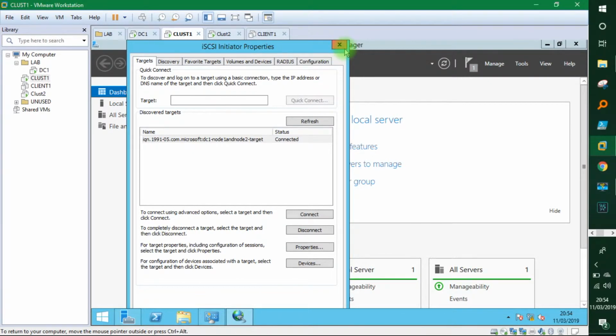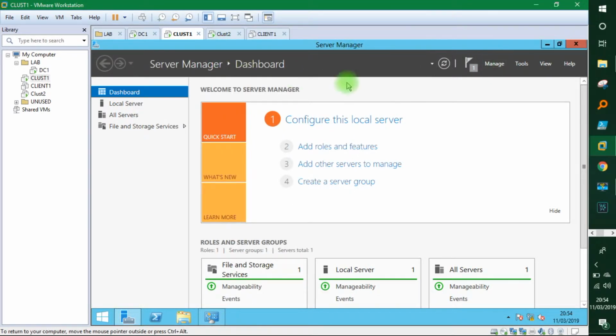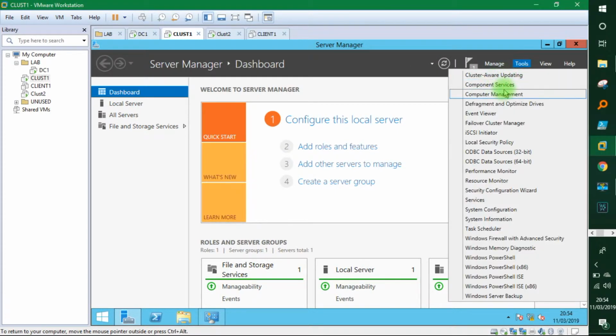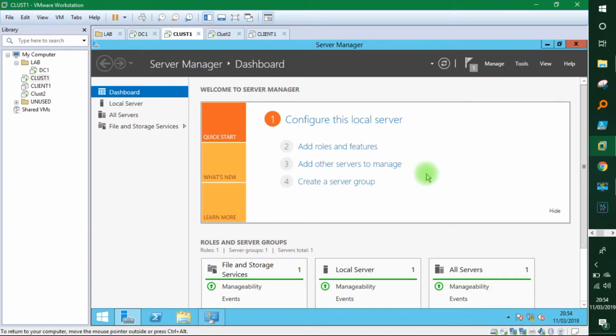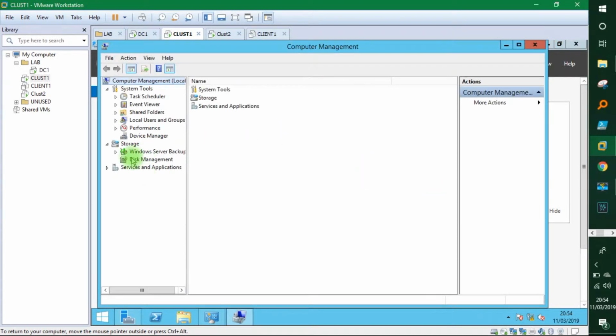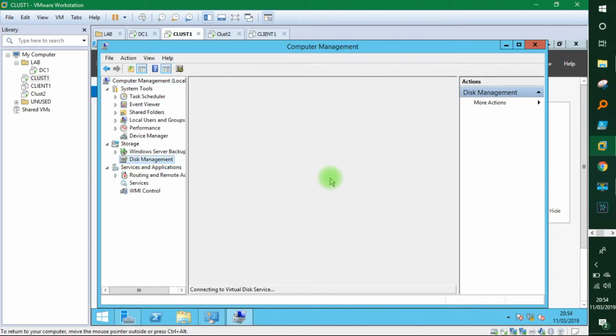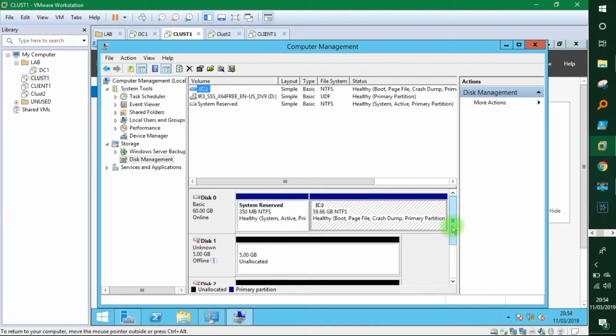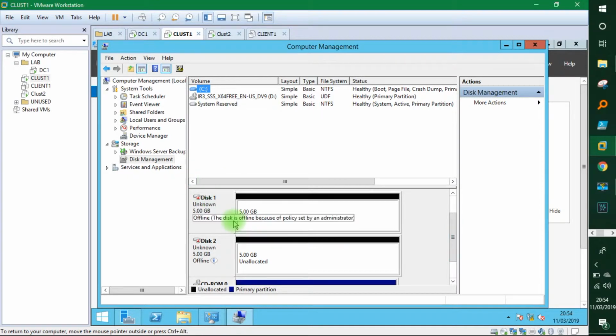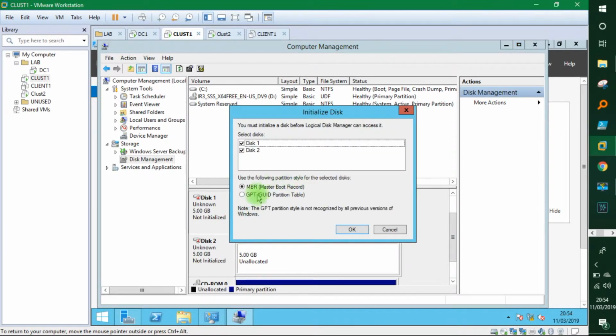So the next thing we need to do is make sure that both cluster 1 and cluster 2 can actually see this shared storage now. So if we go to Computer Management, and if we scroll down to Disk Management, we can see now we have a further 2 disks here to connect to, and we should have the same in Clust2. So on both of these servers, we need to bring these disks online and initialize both, and then create volumes within. So bring online,